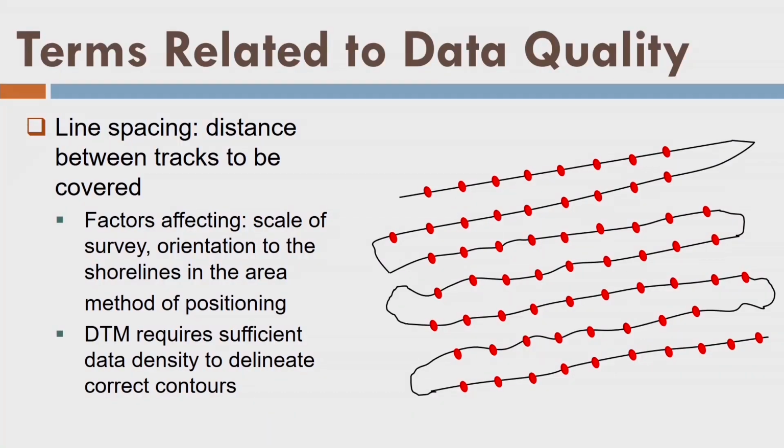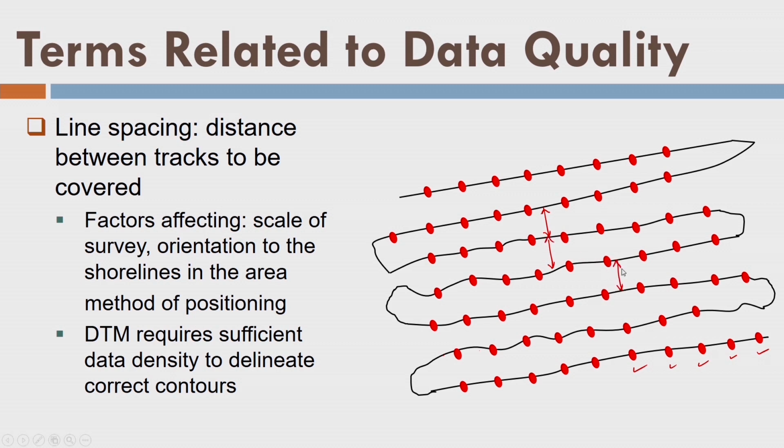So this is shown here. You can see here, because of the variation in the current velocity, we are having lines which are not straight, but still we are trying to maintain them. These are the data points collected at a regular interval on each line, and these are the lines or the track of the vessel or boat. You can see here average distance between the two lines. So that's a good way to mark here. This is line spacing, this is the line spacing, this is the line spacing, and so on.